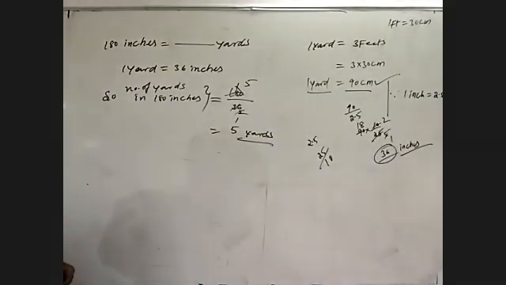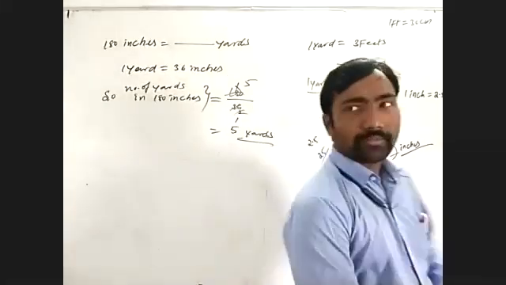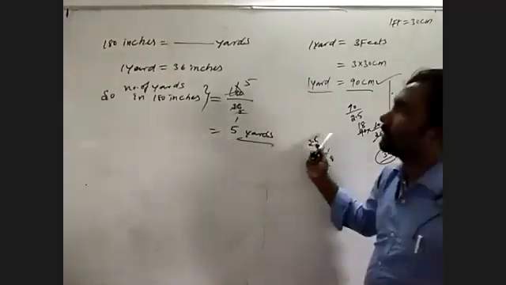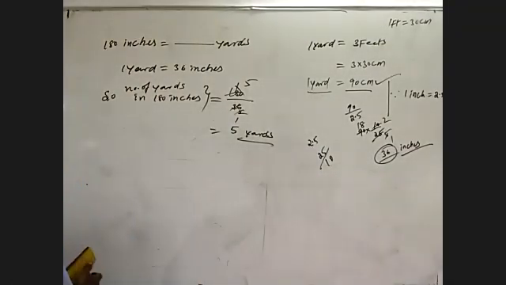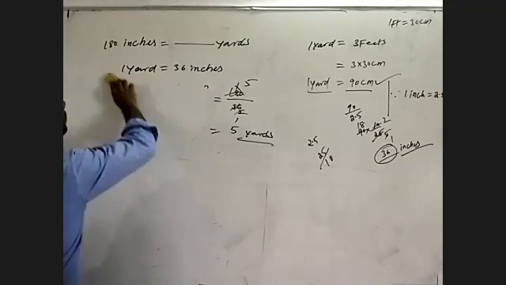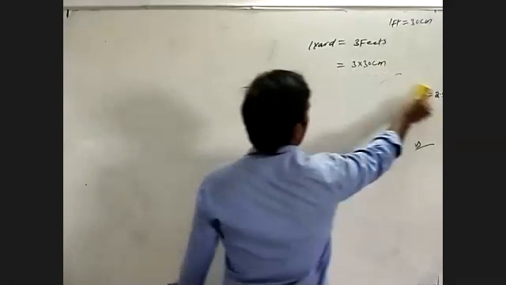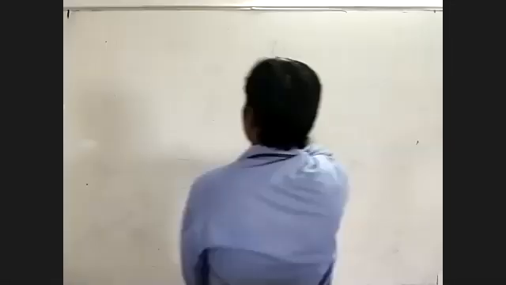How many yards are there? 5 yards are present in 180 inches. Understand? See here, whatever we can convert in an easy way, we convert to find how many inches and how many yards are present. So I'll give some homework to solve at your home by this whole process. Note down what I'm giving.